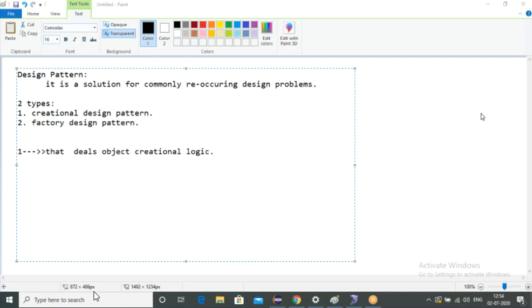Below that diagram, first one, creational design pattern.